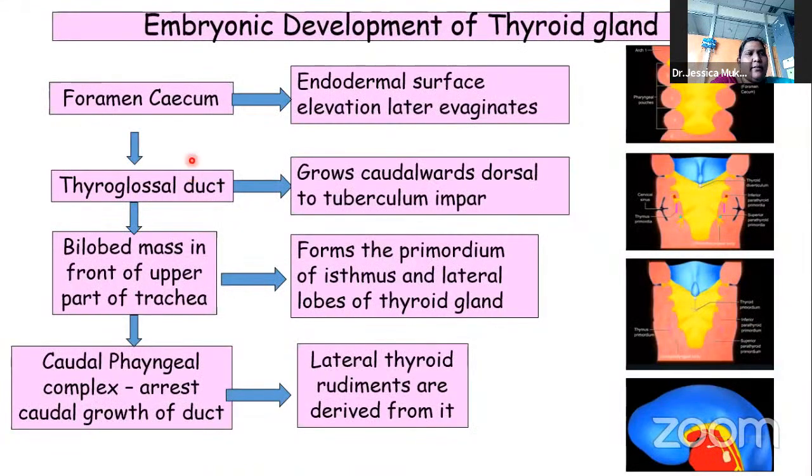Yeah, okay. So this cellular proliferation, which we call later the foramen cecum, descends or results in the formation of a tubular evaginating structure, which we call the thyroglossal